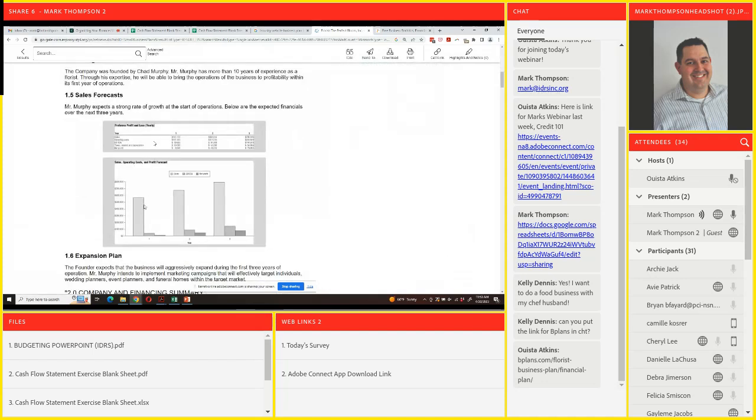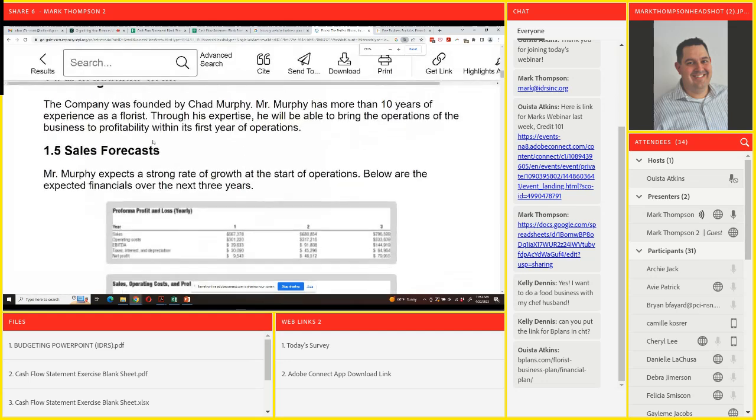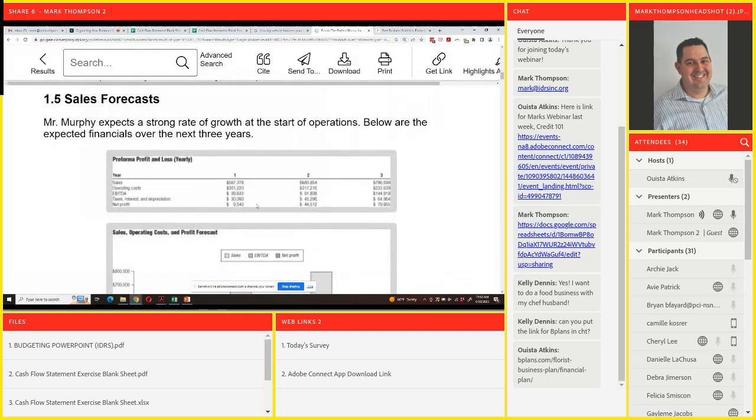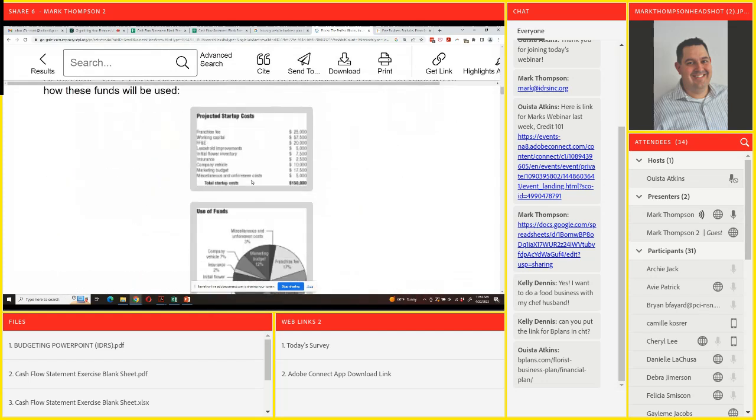But you can go through here, and here's a lot more detailed information on sales. I know this is very difficult to see because this is very small, so I'll see if I could bring it up. But here's different sales. Obviously, they're looking at a much bigger business. If you can't see that, that's 567,000. In that previous business plans example, we were looking at a business at about 80,000. But it gives you some of the different things: